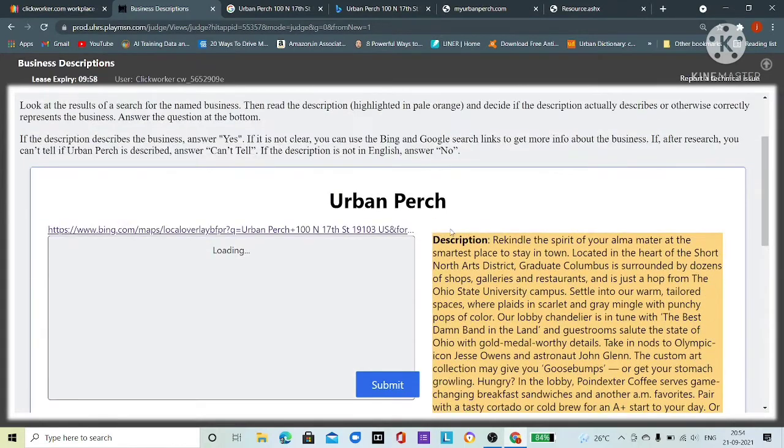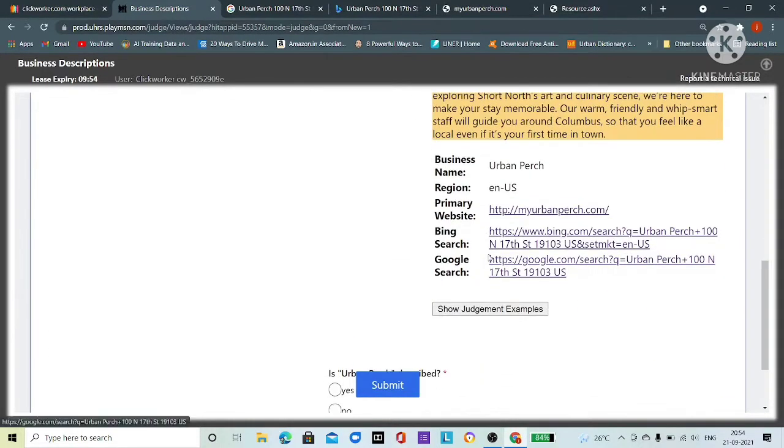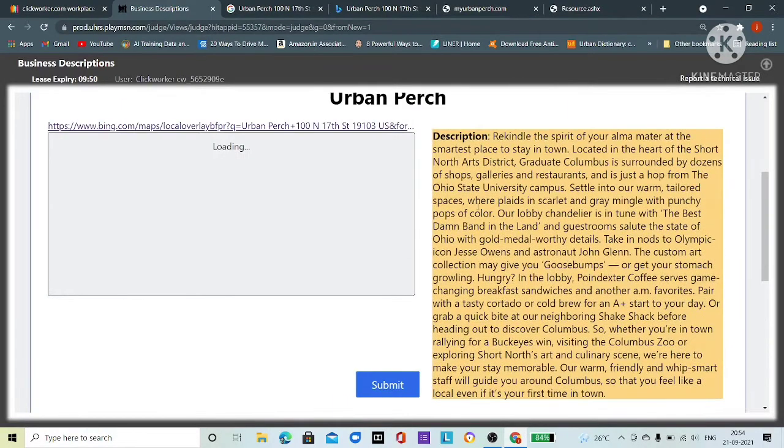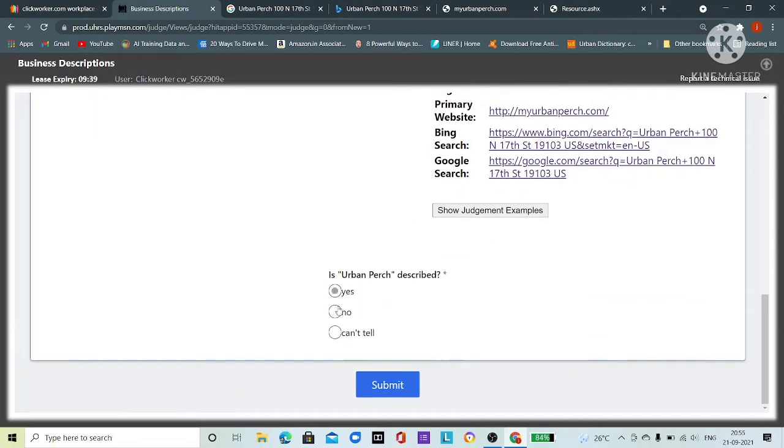First of all you need to read this description minutely, then do your research from here, and after that you need to judge whether this description correctly represents this business or not. If it correctly represents the business, then you just need to click on yes.